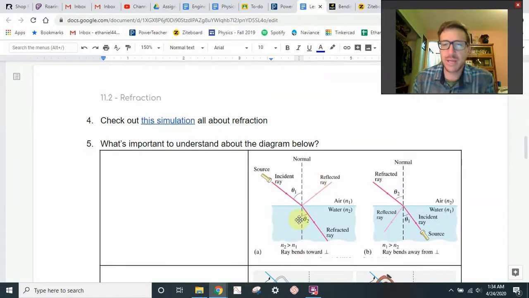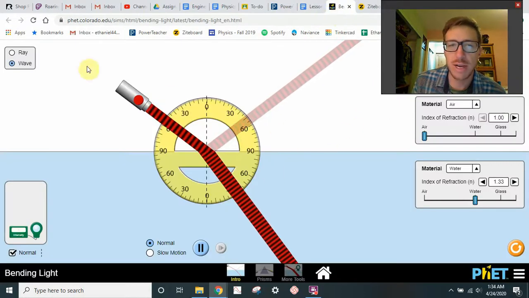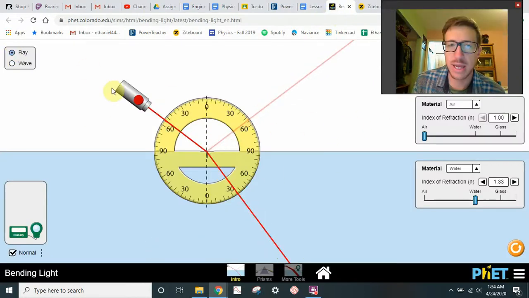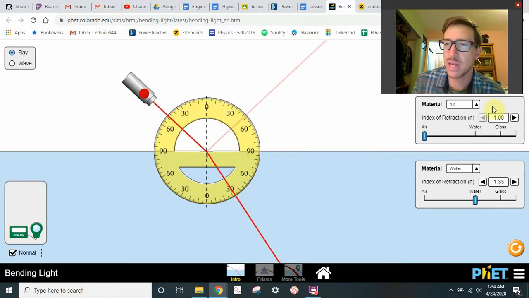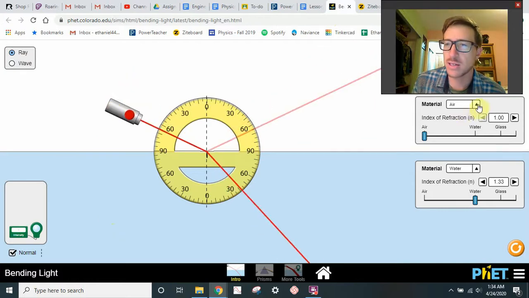So if we look at this diagram here, we see this ray coming in, going from a faster medium to a slower medium. And so it's going to bend towards our normal line, towards this perpendicular. It's going to bend that direction. Now, if we switch this around and go from a slower to a faster medium, unfortunately, in this case we can't just bring it down here into the water, but what we can do is say, let's go from